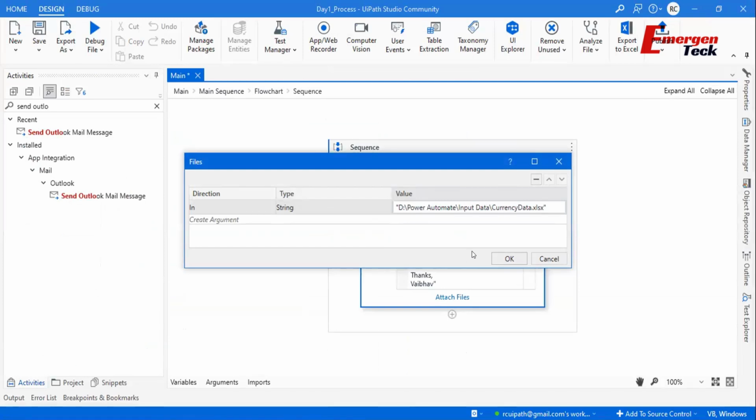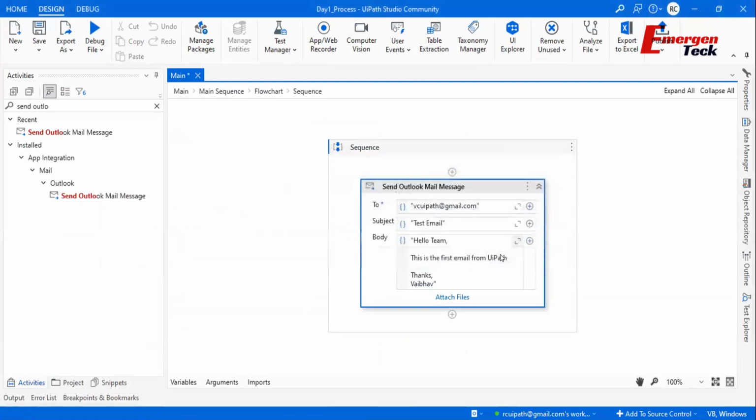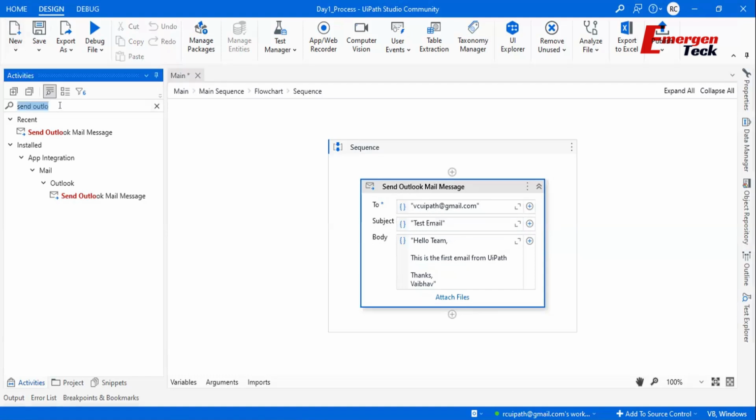We can add one more as well. Click on the OK. So in this way, by using this Send Outlook Mail Message, we'll be able to send the email along with the attachment. Now, the same thing we have to do with the help of our Gmail or any service provider basically, right? So we can use a